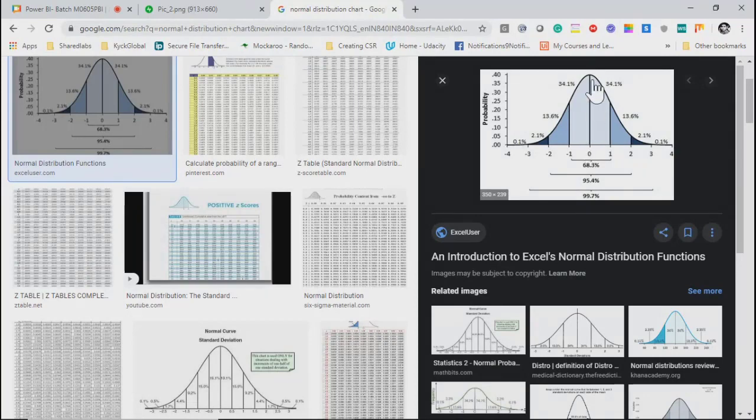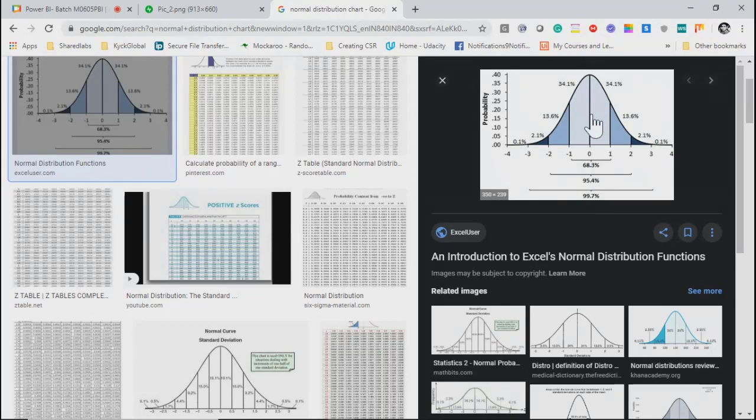And over here, if you go from 0 to -1, then you get 34.1% of your elements in this segment. Same goes if you go towards the positive side, right? The distribution will always be equal over here. And that is why we call it a normal chart or bell curve. So if you go from 0 to +1 or -1, total 68%; -2 to +2, 95.4%; and -3 to +3, 99.7%; and -4 to +4, you will have all your 100% of elements, right?